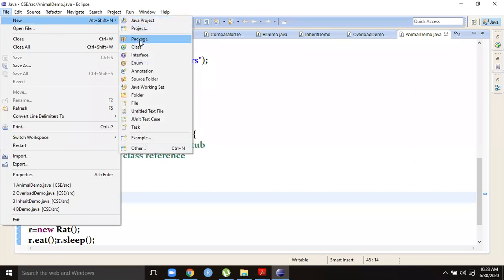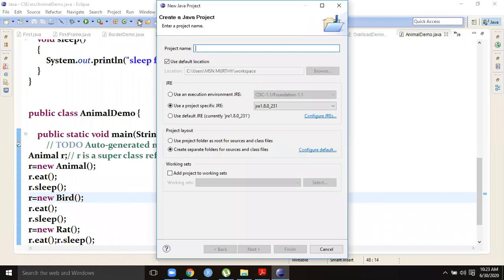In this, you can create a Java project, because we are using Java. Here you must check whether all these things, such as the specific JRE, are mentioned correctly or not. For example, I am creating a project called Wipro class. I am showing this for your learning and understanding purposes only.